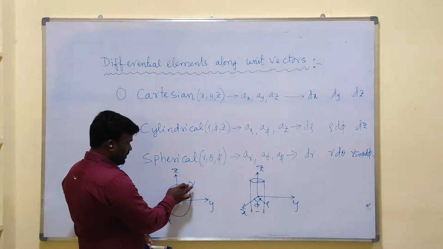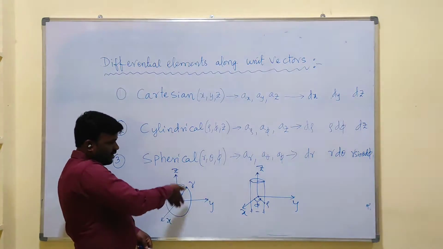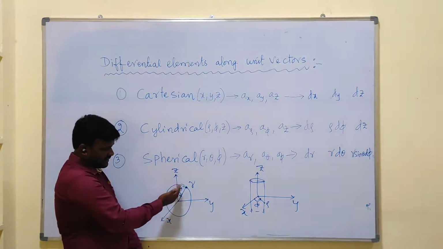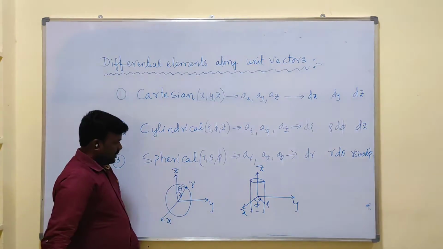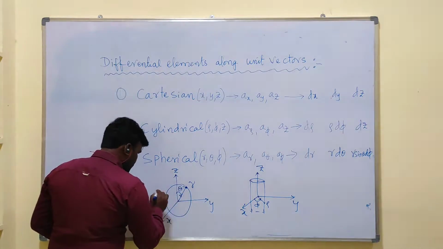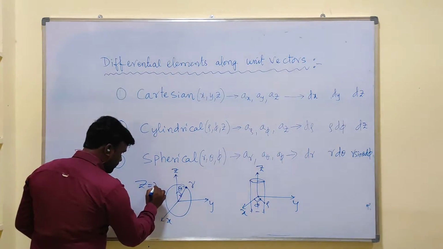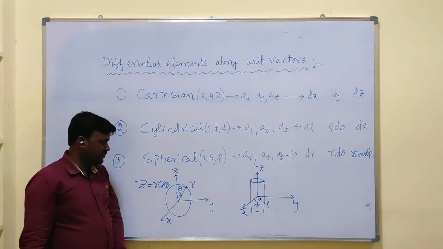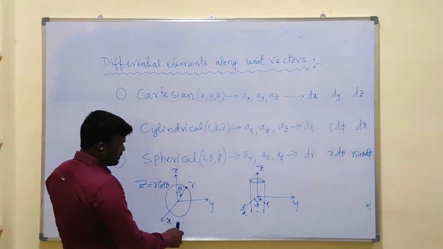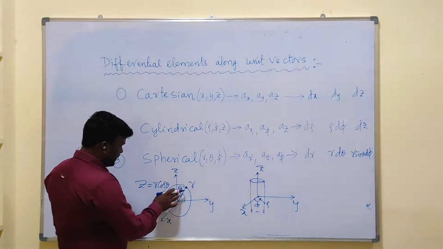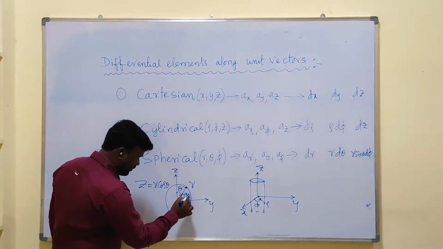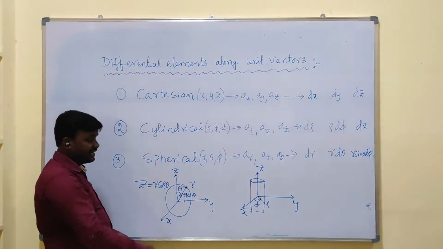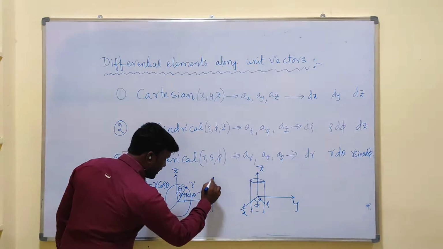This r has components, that means r can be projected in two directions, like this side, left side, and right side. It is the adjacent component, so that's why in spherical coordinate system we have the relation z equal to r cos theta. That means z is the adjacent component of r. And what about the opposite component? Here it is 90 minus theta, so we get r into cos of 90 minus theta, which gives r sin theta.